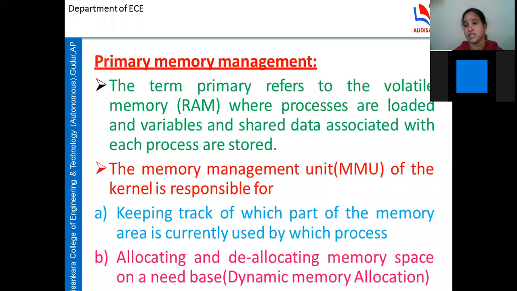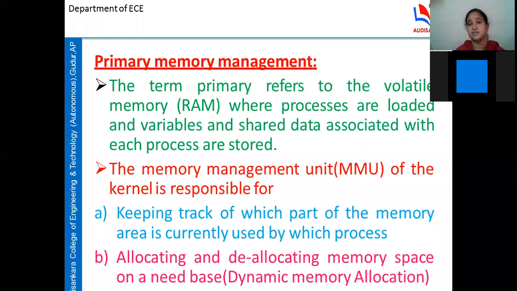Next, primary memory management. Memory is divided into two types, primary memory and secondary memory. Here, primary memory is volatile memory, that is random access memory, right? We already know that read-only memory holds the instructions and programs, which is why we call it program memory. Data memory is nothing but random access memory, which is volatile in nature. Once the power goes, in the absence of power, we lose all the data stored in the RAM. In the case of ROM, it is non-volatile, and even in the absence of power, we don't lose that.